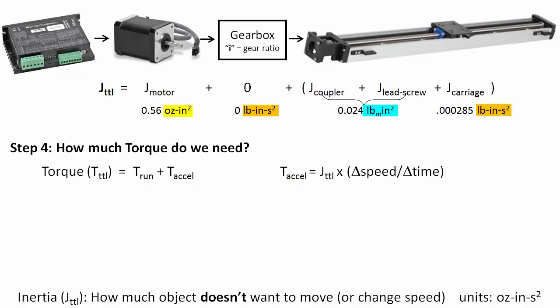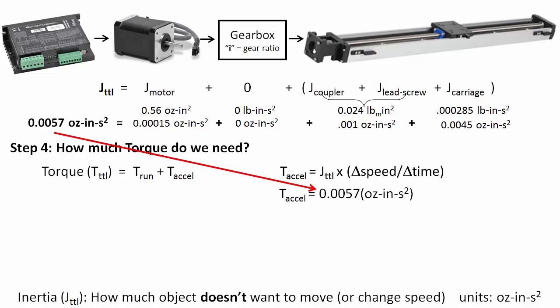Easy. Here's all of our inertias converted to the correct units. The bottom line is, we didn't have to do any math, did we? Automation Direct provides all the inertias we need in the data sheets, and we used an online calculator to do the units conversions. To get the acceleration torque, we just sum those, multiply by the change in speed in revolutions